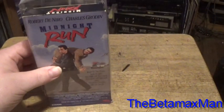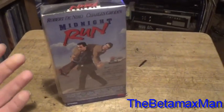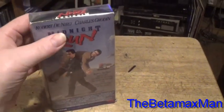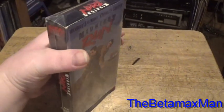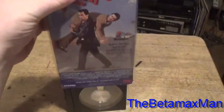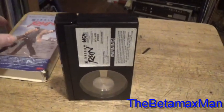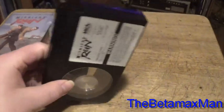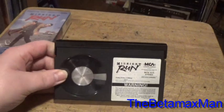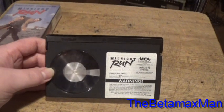But the one thing I don't like about this is that, unfortunately, this is on a Scotch cassette. But sometimes when you want a movie on this format and it's hard to get a hold of, they're hard to find sometimes. Sometimes you have to go for whatever's available, which in this case was a Scotch. It's a Scotch branded tape. Why do I hate Scotch? Well, Scotch has problems where